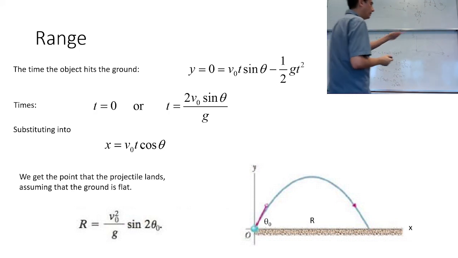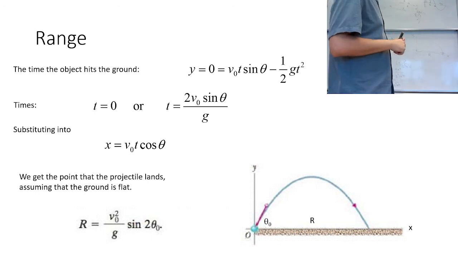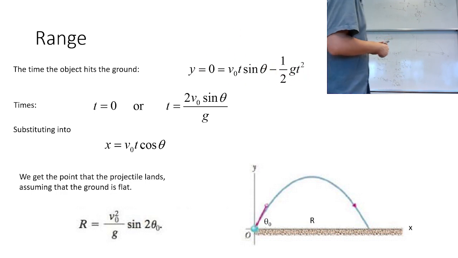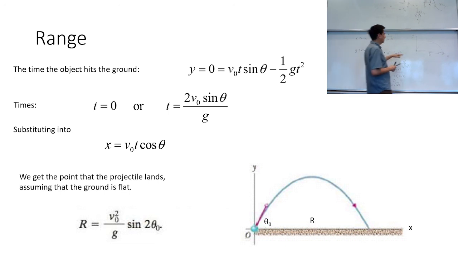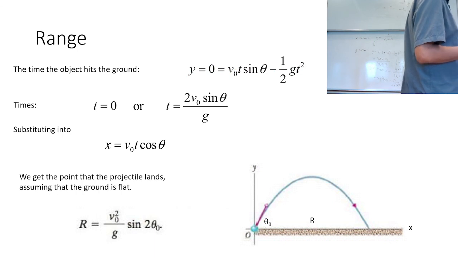So the way that I've done it here is to use, again, the second equation of motion, the one with the t squared in it. So we can work out when the y position is 0 again. This one is a function of time, right? So the y position is 0, and if you look at this equation, then